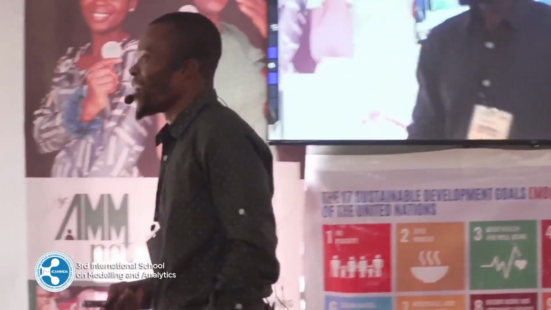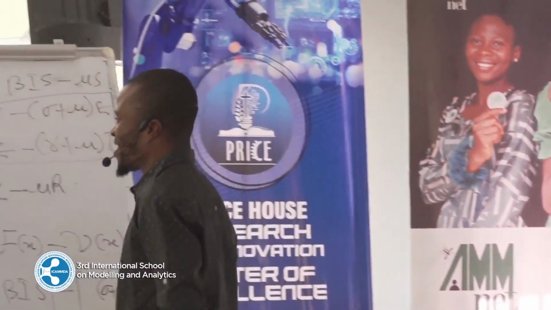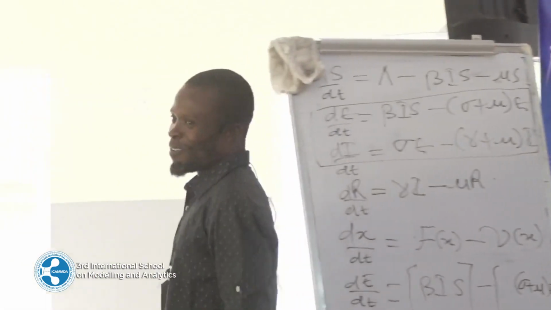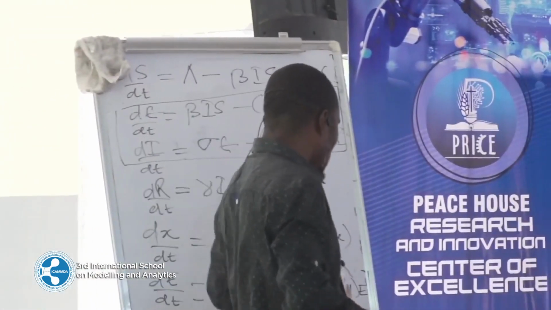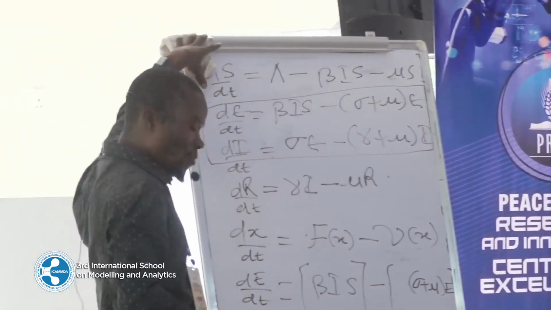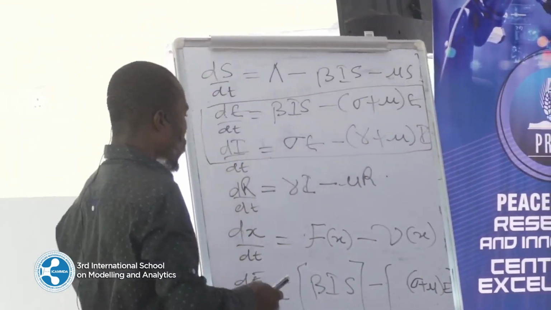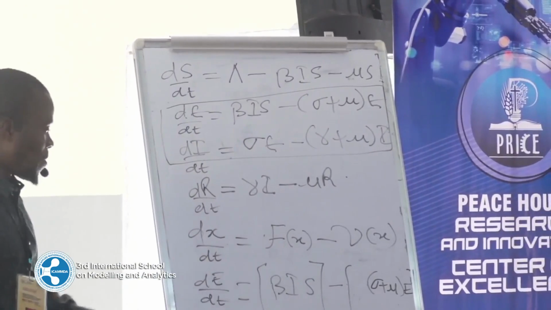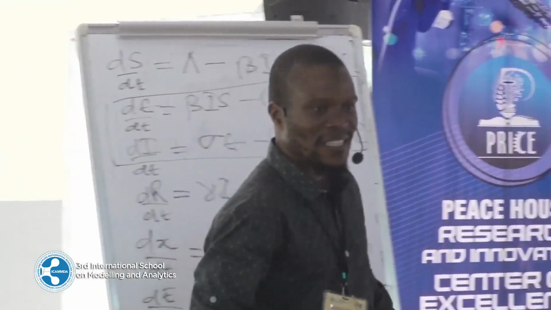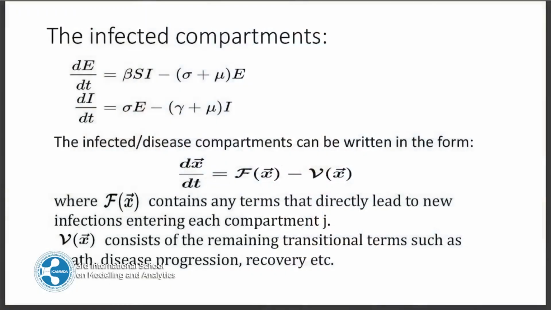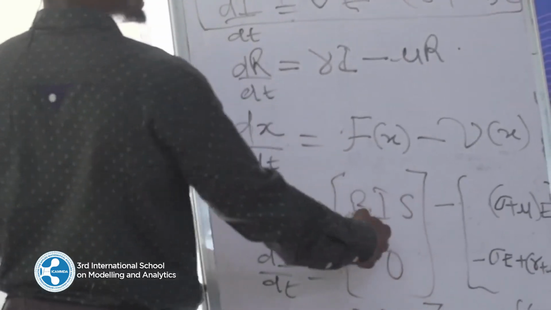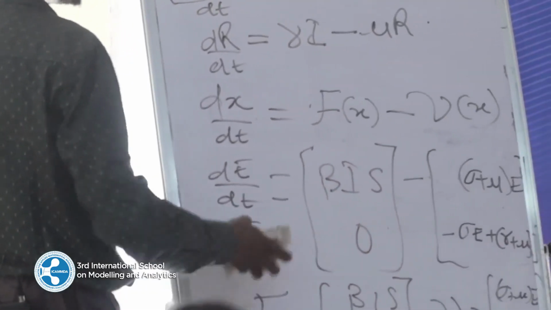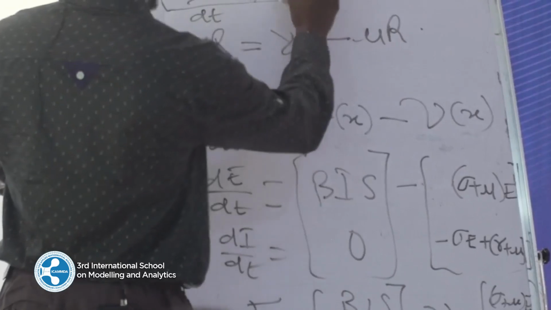We are all familiar with the Jacobian matrix, isn't it? So it will mean that we want to linearize this. Are we together? You know we have this non-linear term, beta IS. So we want to linearize this so that we have